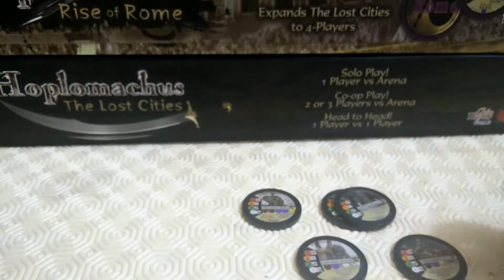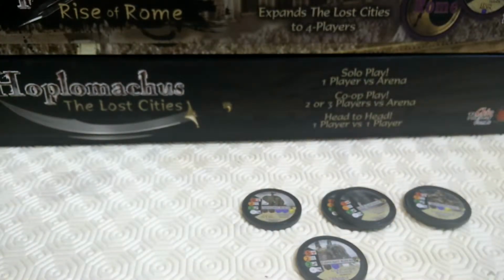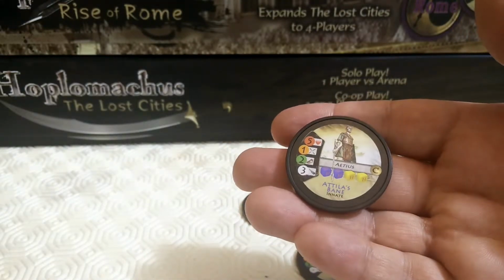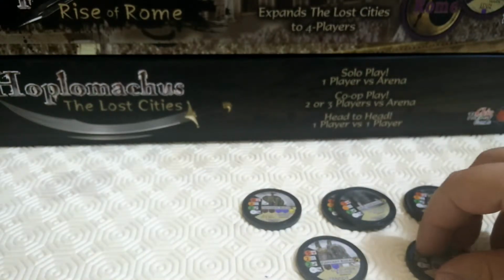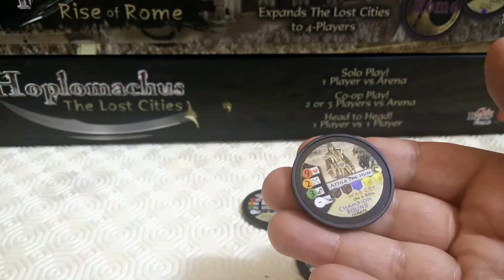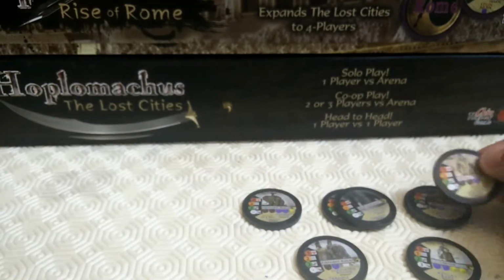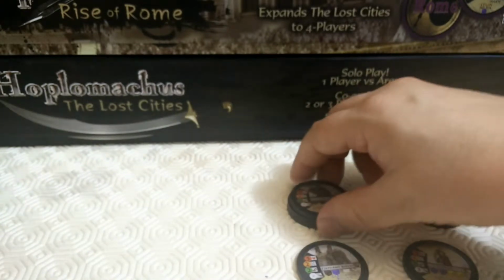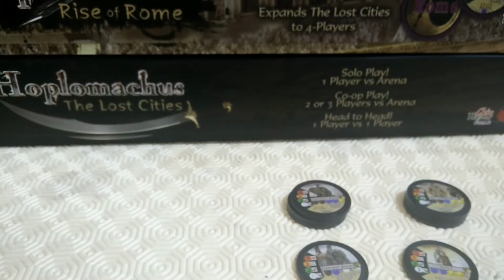Surprise, surprise, another Mounted Hun. There's Aetius, Attila's Bane. Talking of Attila, there he is. There you go, where's Hannibal gone? Stick him on his war elephants. Okay, then we got some